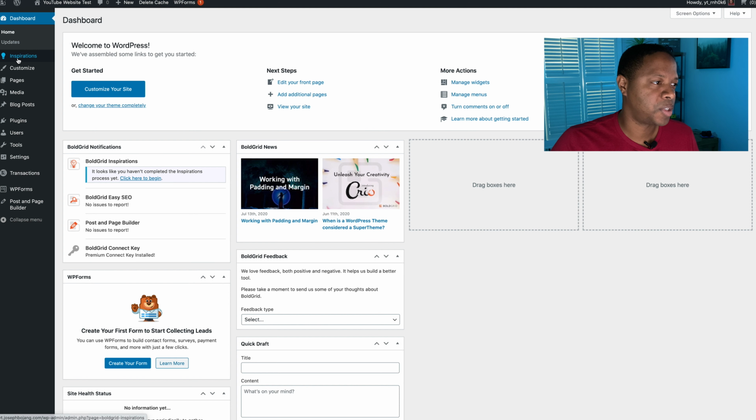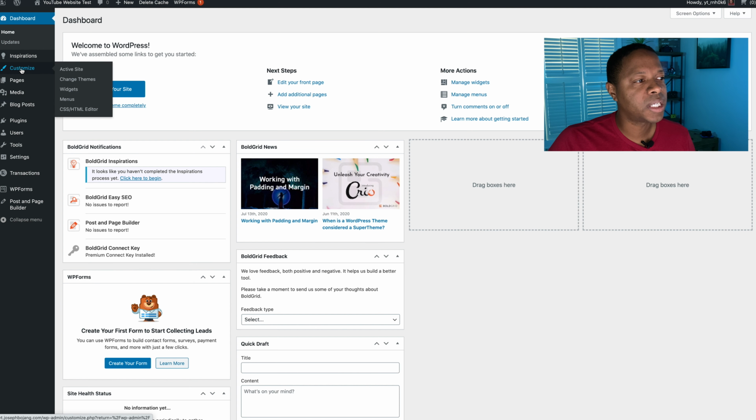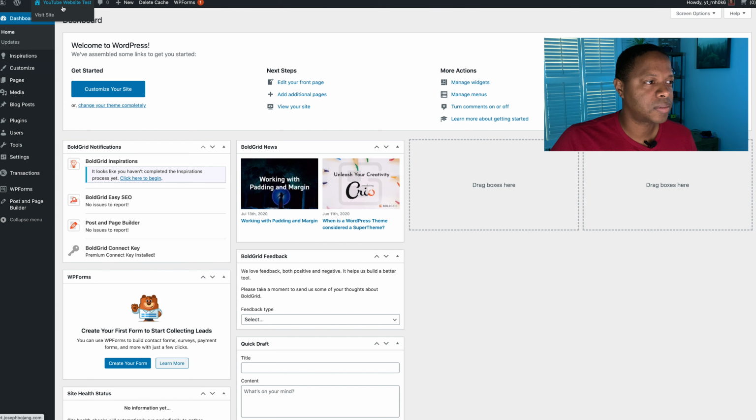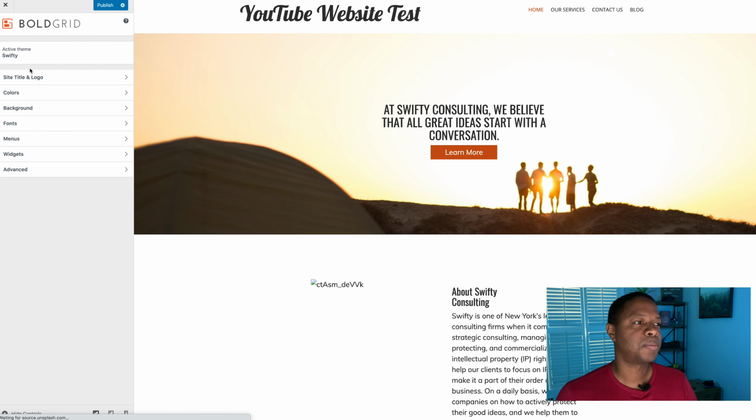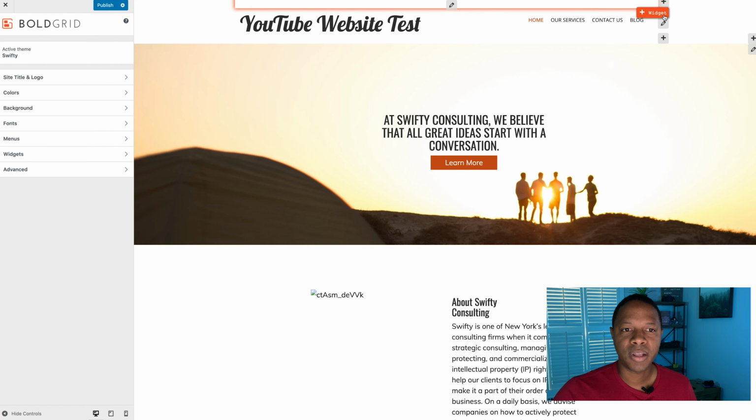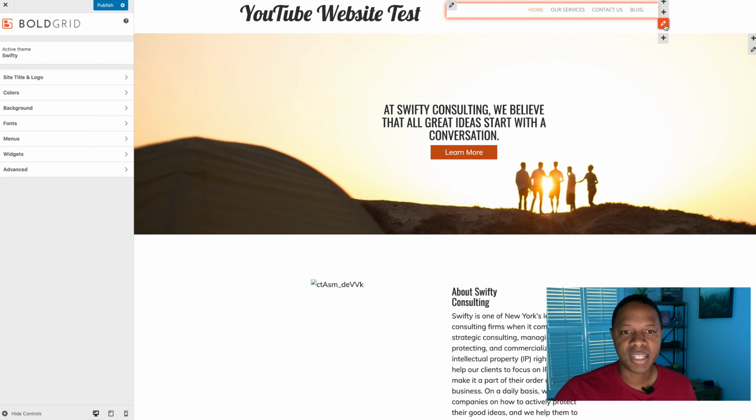Now we will come to the place where we just want to edit some of the pages. If you're ever looking to add a new page, you can come here and do that. But for now, we're going to click on customize. And when we're on customize, so now that I've clicked customize, it's going to show me a way that I can edit my site. There's a few things that I can do, and I'll show you some of the things that we can edit. You'll see here that in some areas we have these little widgets and text items.